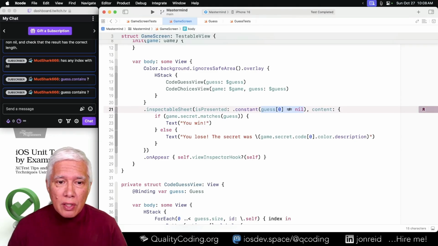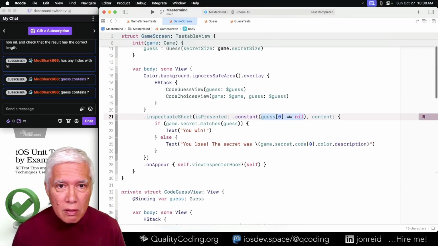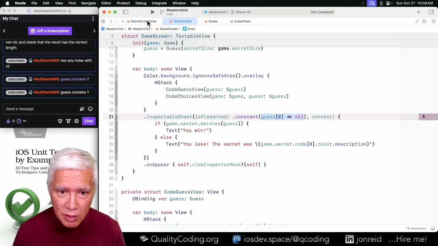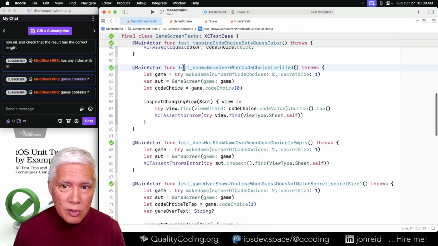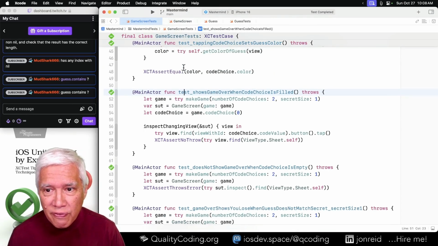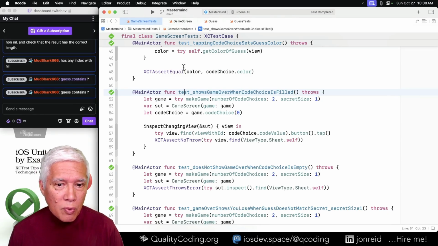So that's good. Let's go to our game screen tests. Around you win and you lose on the inspectable sheet. Shows game over when code choice is filled. Secret size 1.